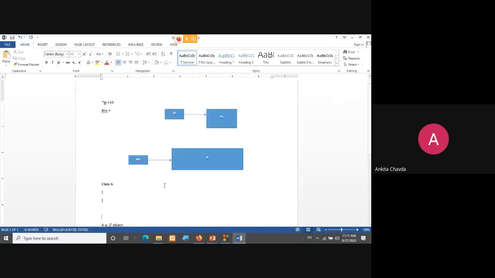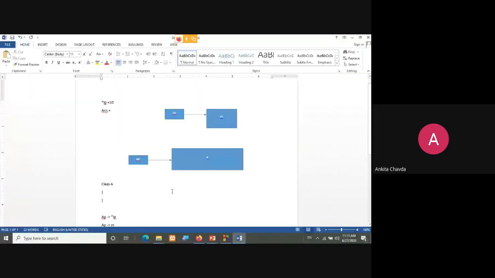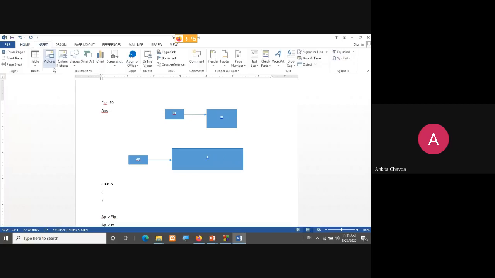So I can write like this: AP, then arrow, to my pointer IP. And again this is my AP, then arrow, and I can have this M. Getting this thing? This is very difficult to understand, but I'm trying my best to explain via this figure also, because this is not given in your book, right? But via this I'm explaining this thing, and through this object A you are actually accessing your variables, both of the things, right?